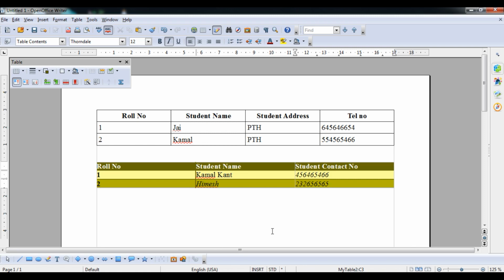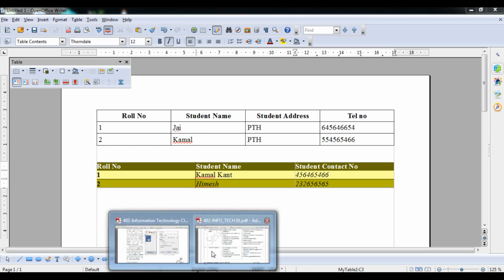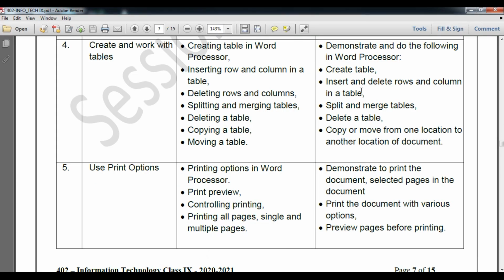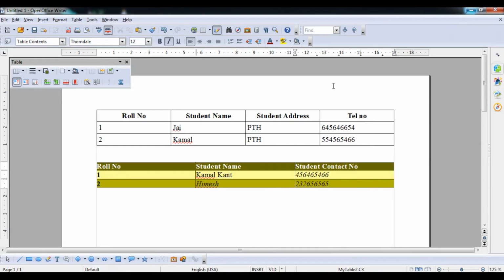Okay, now we will cover the next thing according to the syllabus, that is insert and delete the row and column in a table. Okay student, so I am going to show you in the first table how to insert a particular row and column. If we are talking about the row first, what we have to do student, we have to select any row, any particular column, and we are planning to insert a particular row. So you can see that the insert row option is given there.